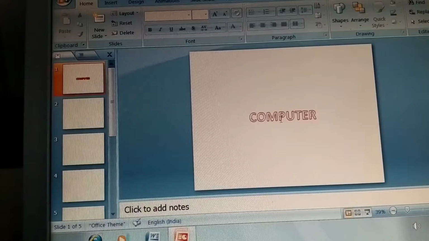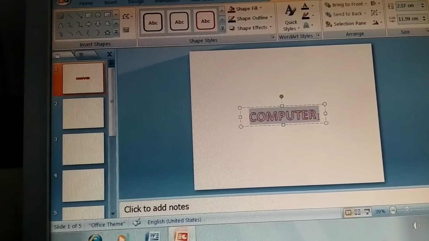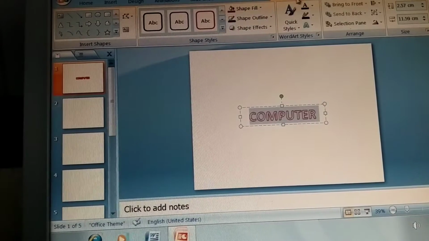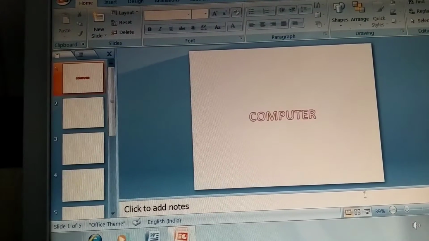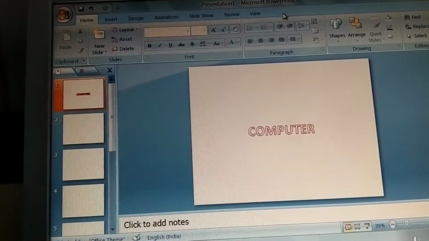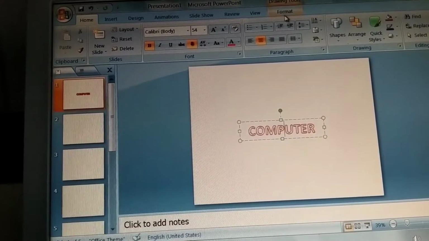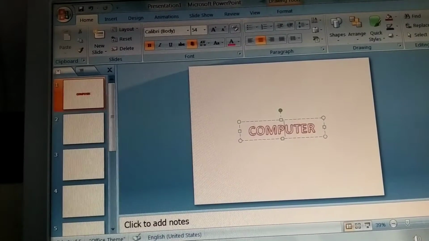Now how to edit the formatting on that text, we will also see in the next video. This we can also edit through the Format tab. When we insert an object and click on the slide, the Format tab is not there, but when we click on the object, the Format tab comes. Whatever text-related settings are there, all are done through the Format tab.